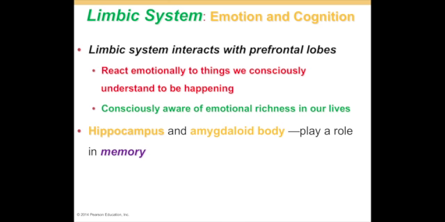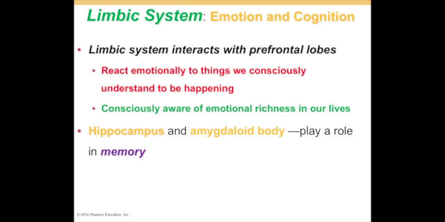The limbic system, like I said, deals with our emotion, but also cognition. It interacts with the prefrontal lobes, allows us to react emotionally to things that we consciously understand to be happening. So it gives us this conscious awareness of our emotional richness in our lives. You know, we can see someone that is happy because something good has happened. They've graduated, and we understand their emotional response because we know all the good things that are going to happen because they've graduated from college: a better job, more income, more material